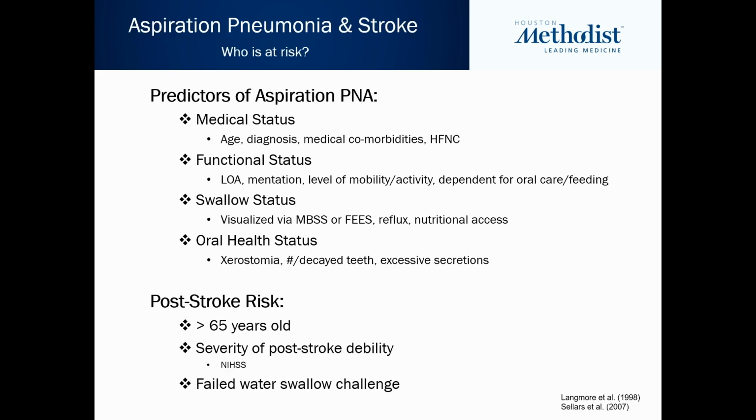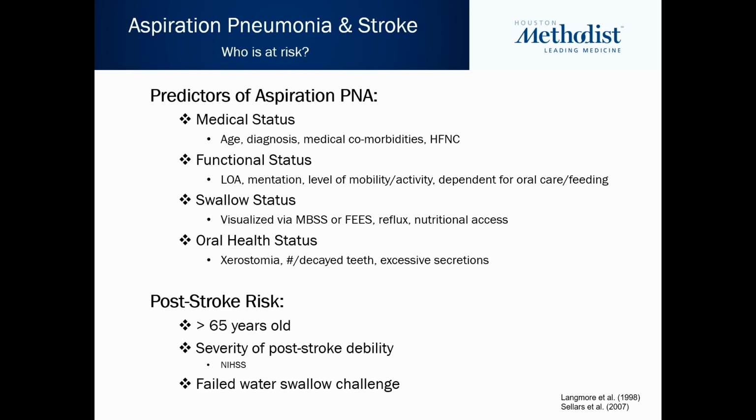So to kick off the dysphagia component, I thought it was relevant to highlight a heavily referenced oldie but goodie article in the speech pathology world by Langmore and colleagues. They looked at what are the predictors of aspiration pneumonia. So what sets a person up for higher risk for developing pulmonary complications or even malnutrition secondary to a dysphagia, besides the obvious having the presence of an oropharyngeal dysphagia. So 3 other domains that have been consistently shown to contribute to this would be the patient's overall medical status, their overall functional status, and their overall status of their oral health.